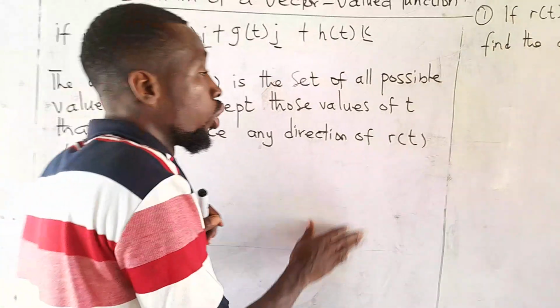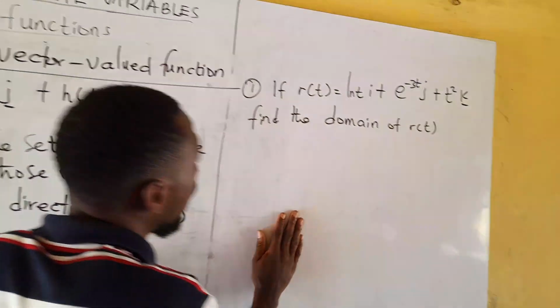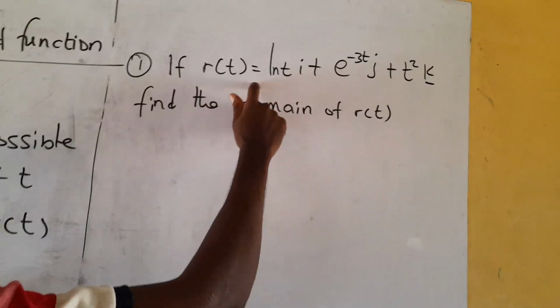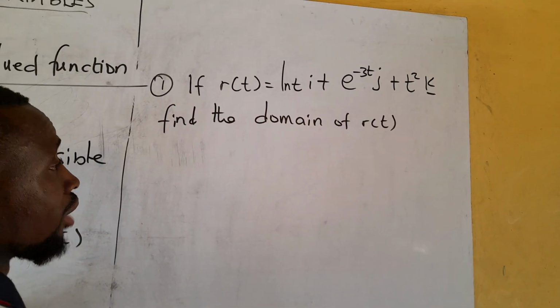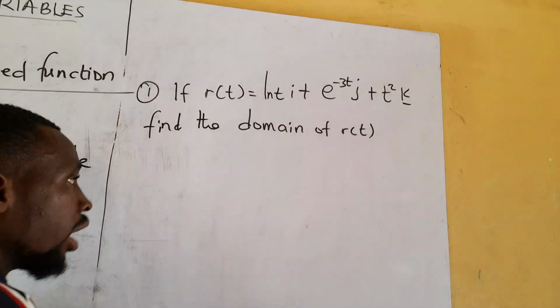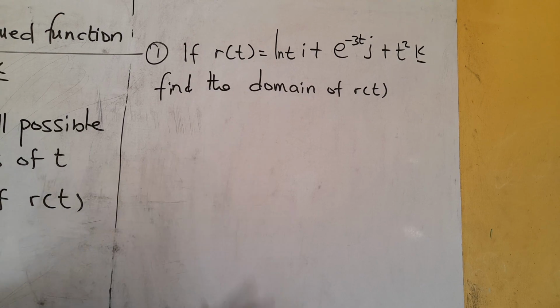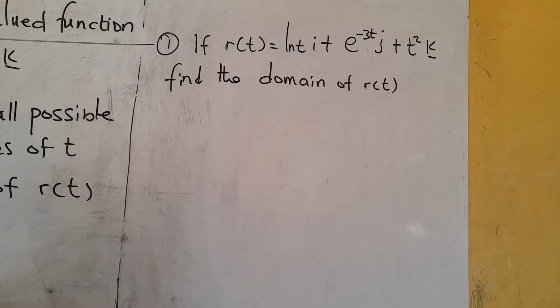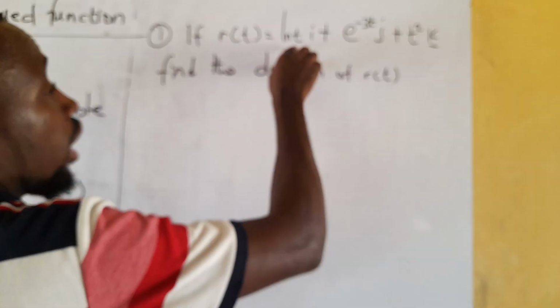Now let's take some sample questions, maybe you get the concept better. They say if r of t is equal to ln t i plus e to the negative 3t j plus t squared k, we should find the domain of r of t. So we check it one by one. So is there any value of t